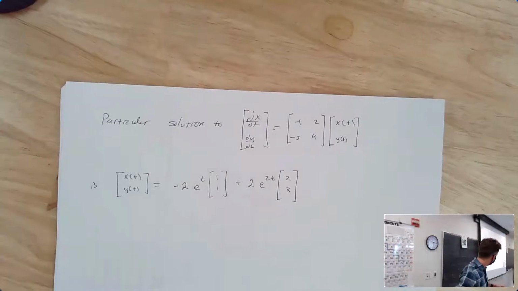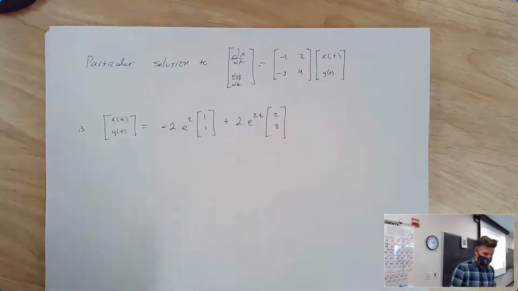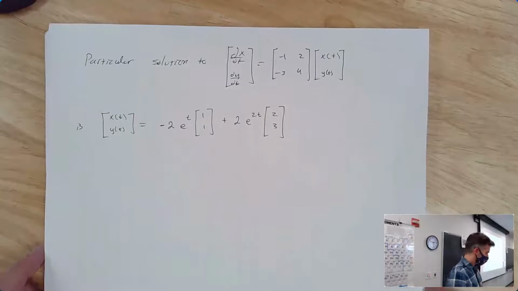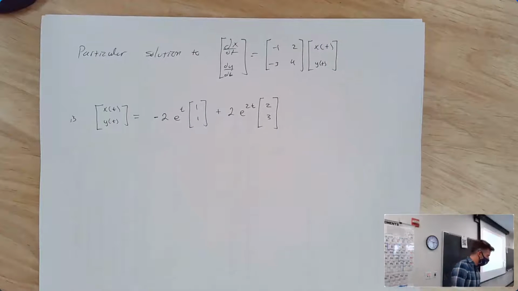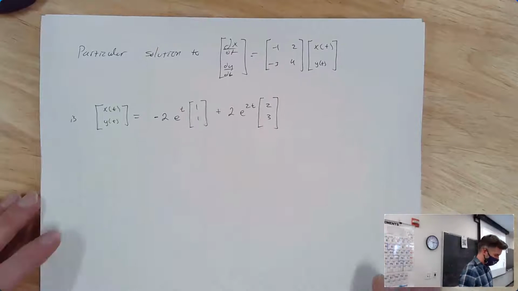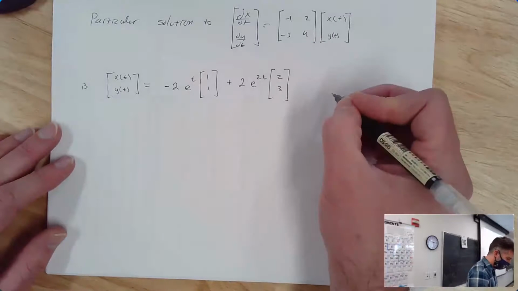And now here's what I want to say about this. Most of the time people leave it like this. I would leave it like this for sure. Sometimes it feels convenient to put it all together, meaning I actually want to write this as one vector. So check this out for just a second. This isn't a huge deal, but we could rewrite it as